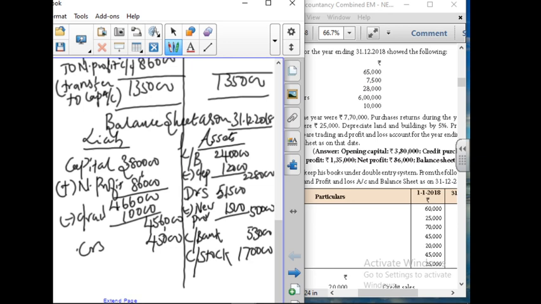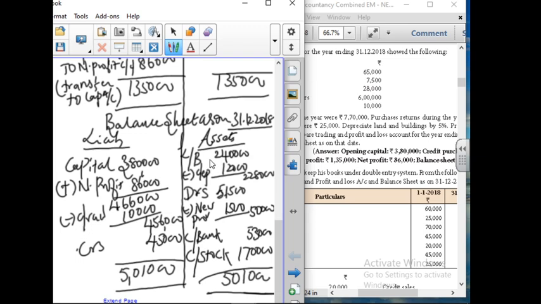Your depreciation is 12,000 to 2,28,000. Debtors 51,500. Your provision comes around 1,500. 50,000 is the balance. Cash at bank is 53,000. Your closing stock comes around 1,70,000. Next, your total is 5,01,000 on the liability side, and it is tallied with the asset side with 5,01,000. I think we have solved the problem and it is tallied.